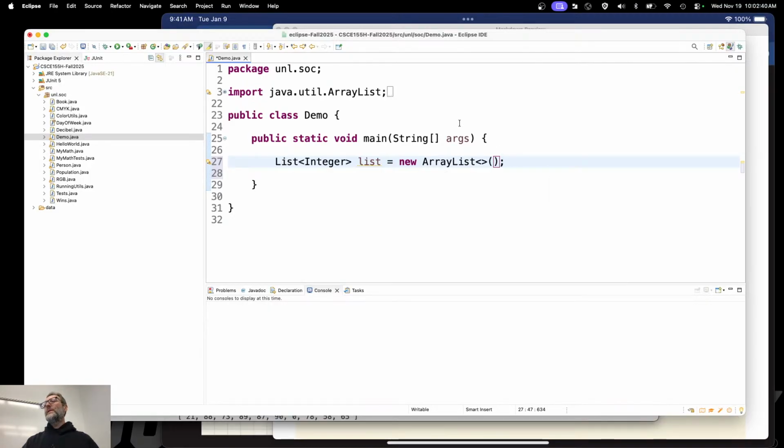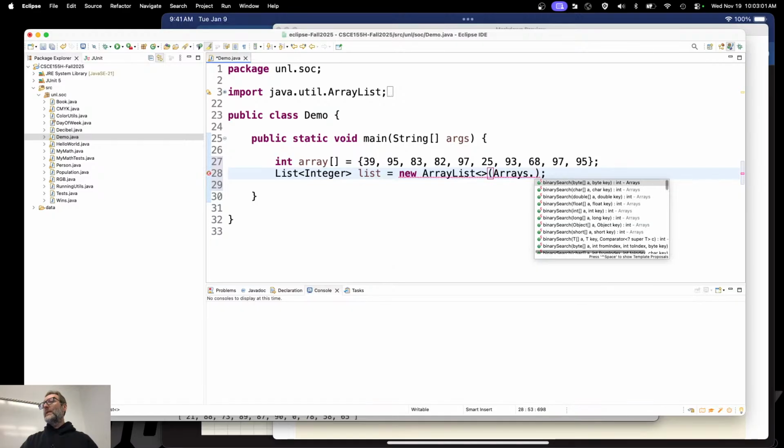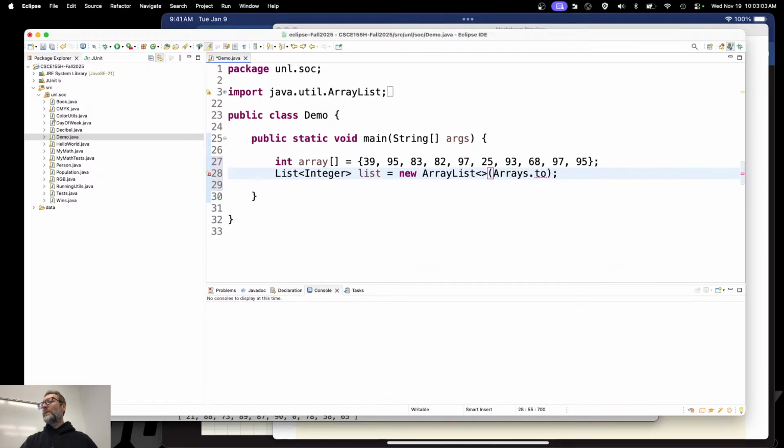Is there an easy way of doing this? Int array is equal to, I can get it into an array, and can I array dot to list? Nope, not toString. Array dot to list? Nope. How can I easily convert an array over to a list?